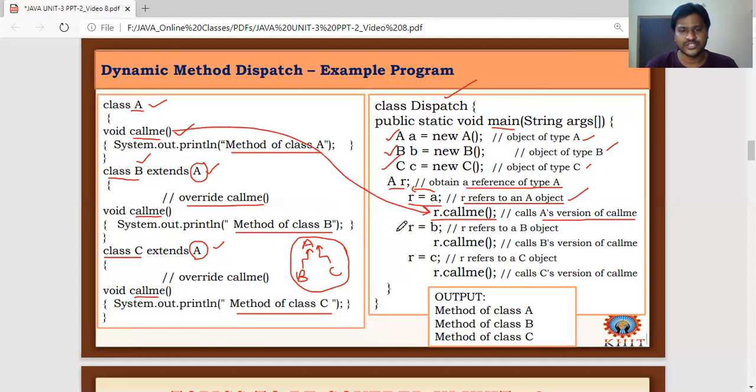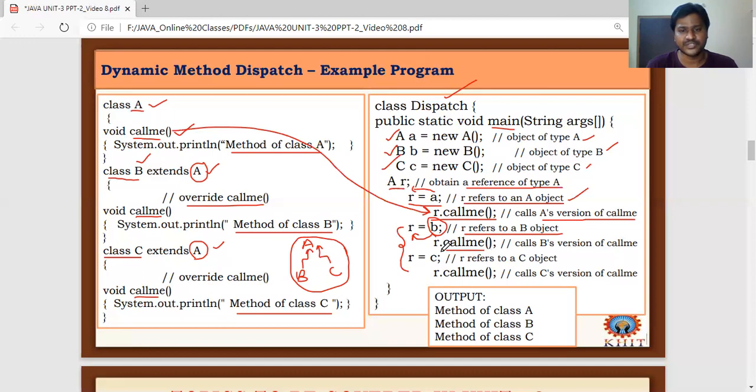And again, these two are different here. So now I am assigning the subclass object small b to the superclass reference variable r. Now this r refers to a B object, and this B object is able to call the methods of the B class callme as well as the A class callme. But the reference variable is currently referring to the subclass object, so it calls only the method available in subclass B with the name callme.